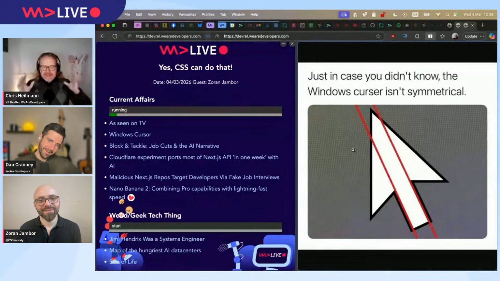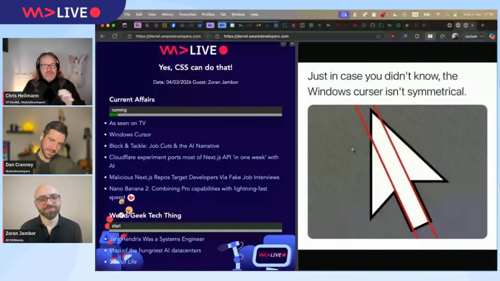What cracks me up about this the most is that it did the rounds, and people were like, oh my God, why did you do this to me? I'm getting triggered. And I'm getting more triggered by "Windows cursor", because this is a mouse pointer, this is not a cursor. And cursor is written with an O and not with an E.